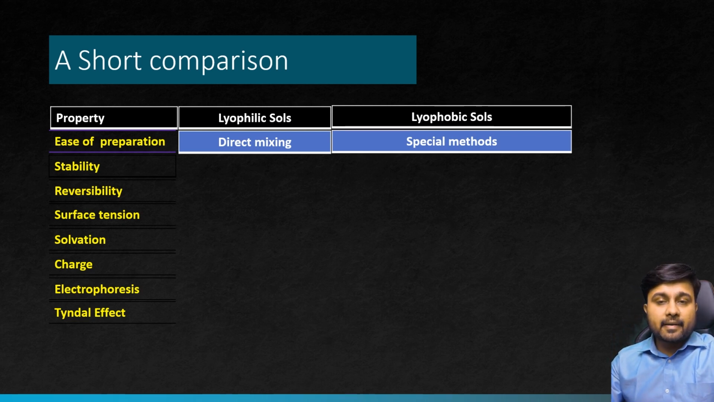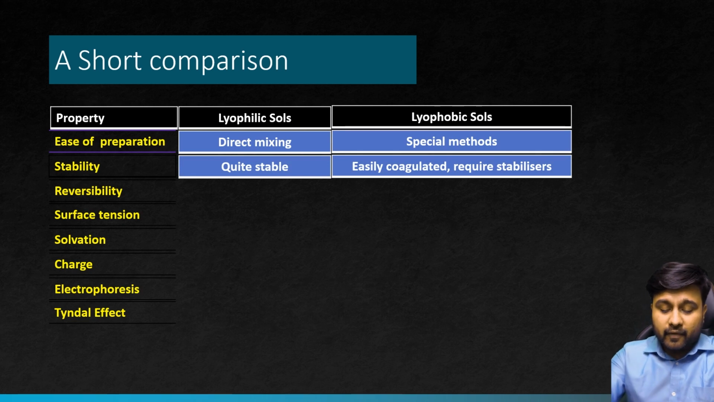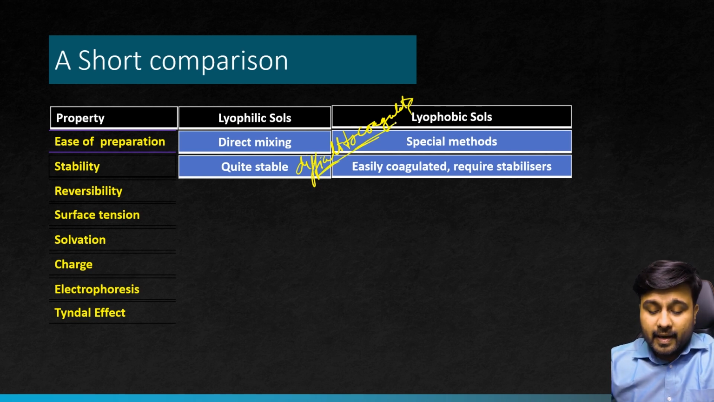Then when we talk about stability, lyophilic colloids are more stable, they are difficult to coagulate. So lyophilic colloids are difficult to coagulate. They don't coagulate easily, whereas lyophobic colloids are